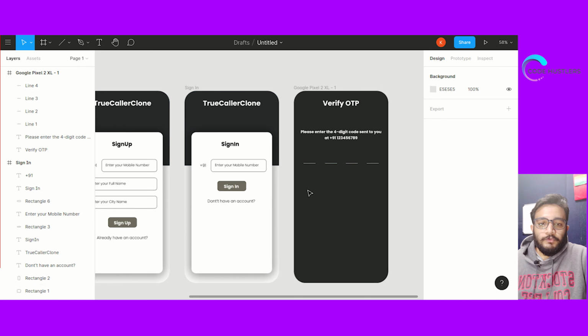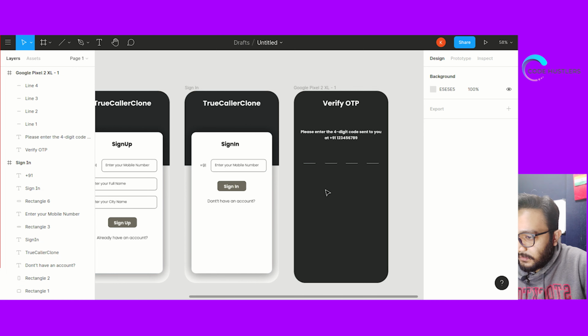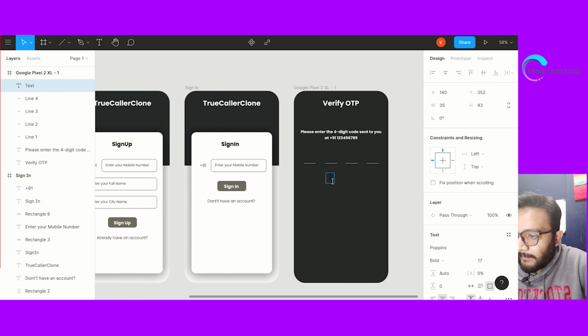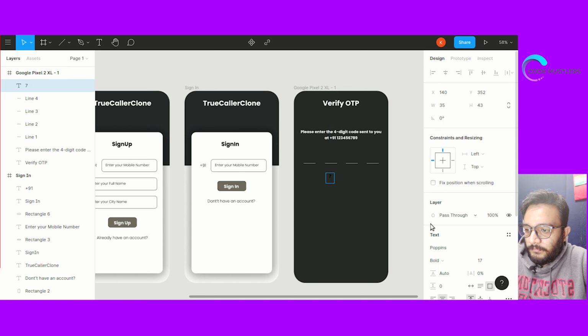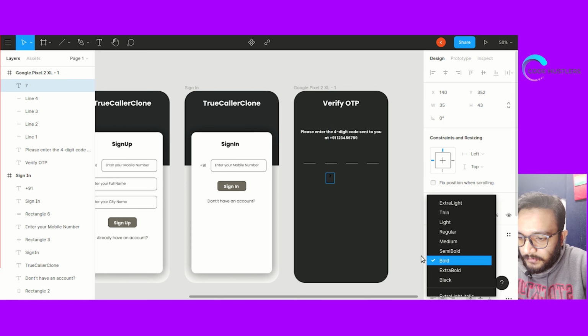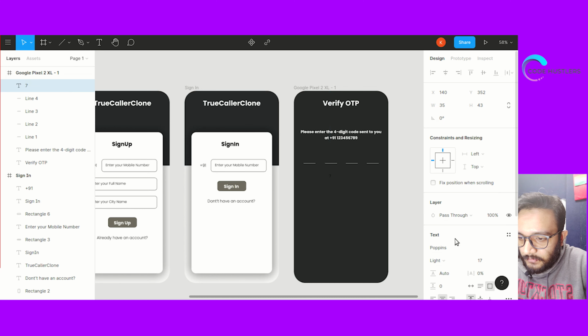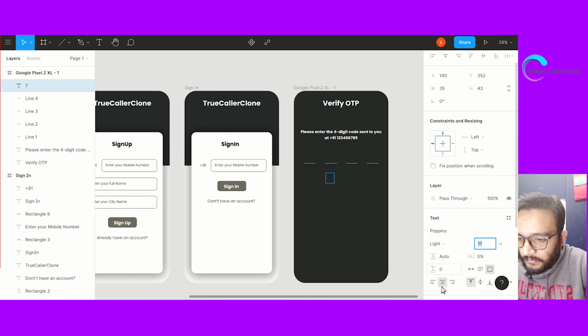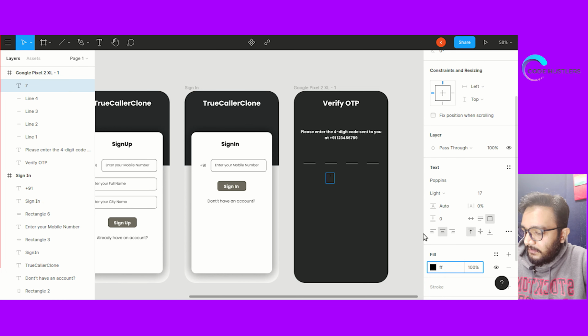Now we need to show a text or a digit on these. So what we'll do is create another one. Let's just create a text and put in any digit. Light. The color will be white.